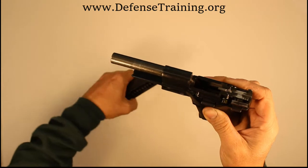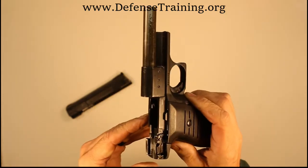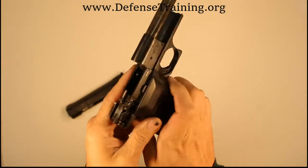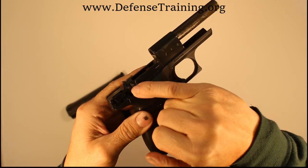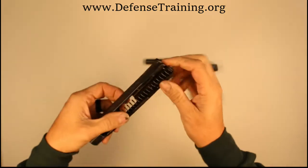Alright, there are a couple things in there that when you're cleaning it, you have some stuff that could really come off very easily. This sear pin right here is not attached very well. This little bracket, if it comes off, this is part of your trigger mechanism. It will pop off, that will fall out, so be very careful with that. Alright, and then the spring,